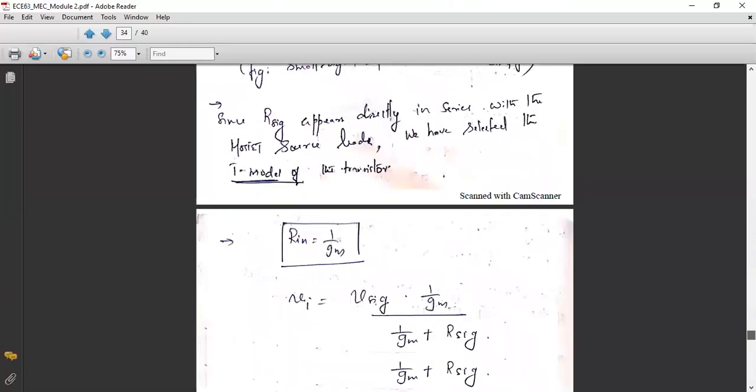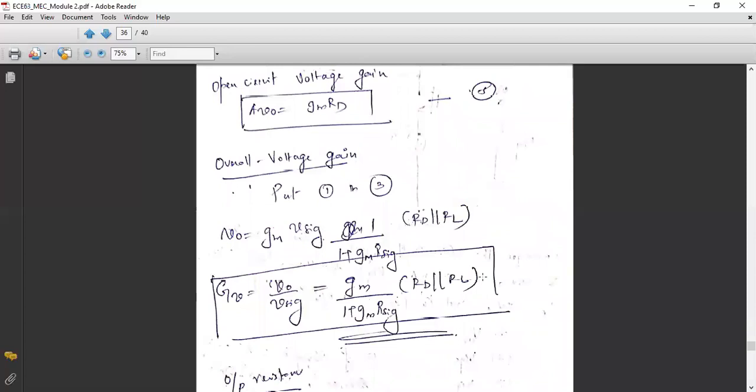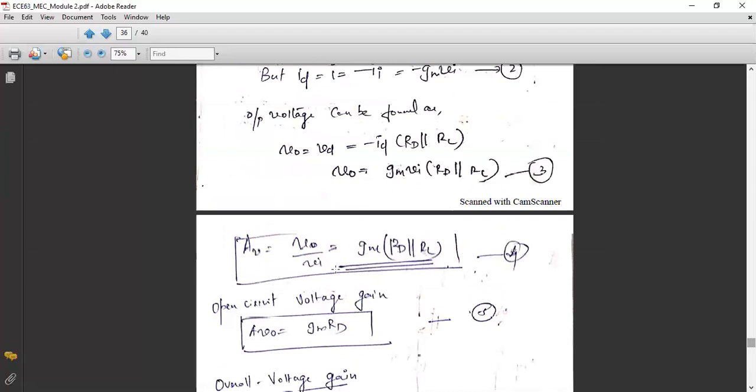So Gv is nothing but the overall voltage gain. The overall voltage gain is expressed as Gv, which is equal to output by Vsig, V0 divided by Vsig. As of now, you have the equation for V0 in terms of Vi, right? Before writing equation number 4, you had that equation, right? Before writing this equation, you already found out the relation between V0 and Vi. But as of now, we are concentrating on finding the ratio of V naught by Vsig instead of finding V naught by Vi.